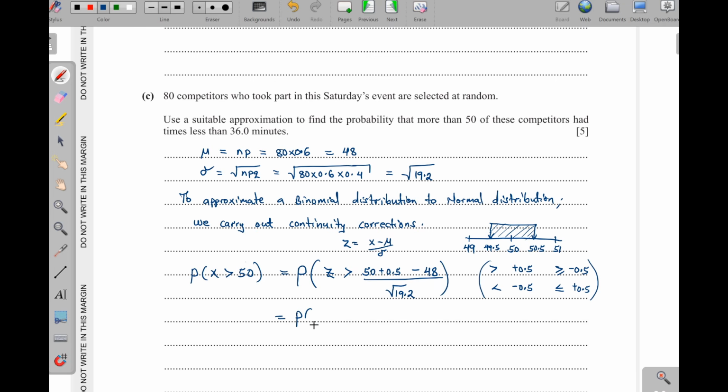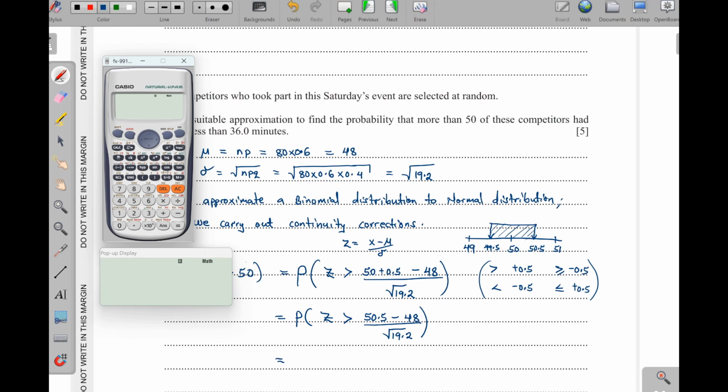So meaning we have probability of Z greater than, this is 50.5 minus 48 out of the square root of 19.2. So I'm going to put this one in the calculator straight away and then I get the answer. Remember, we press mod, then option 3 for start, then we press SC, then you press shift, then 1, and then you get the distribution there, which is option 5. Now I told you P is for less than, this is greater than, so we pick R, put option 3, and then here we are having